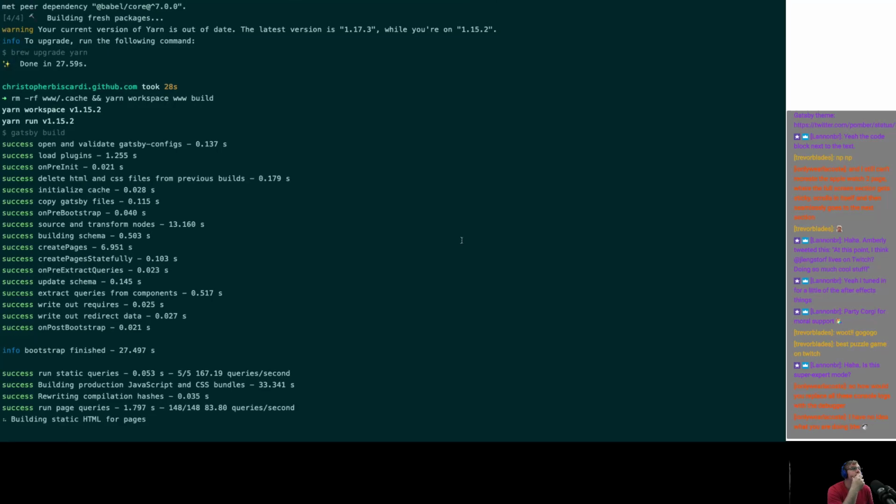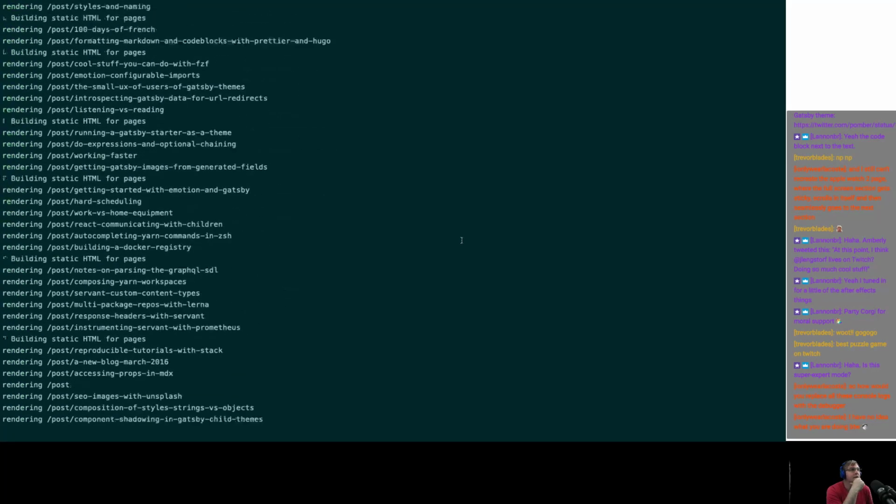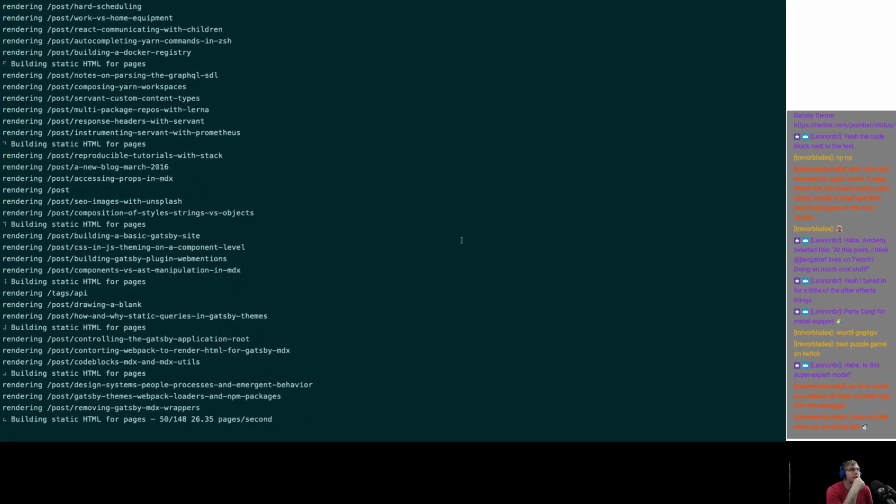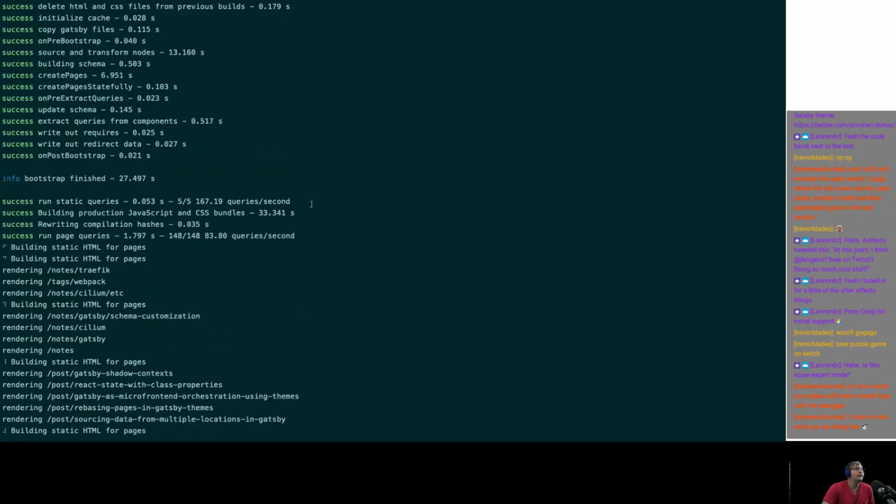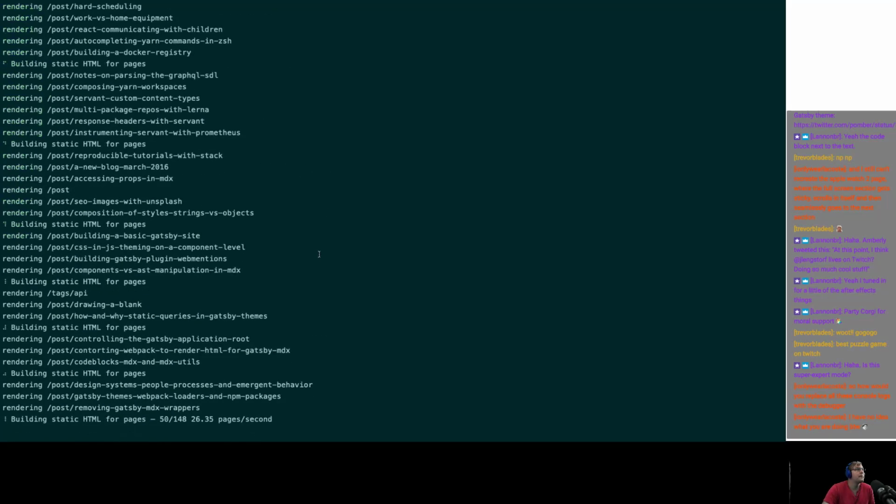Okay, this is where it fails usually. It'll hit 100 at some point. It only hits 50 now. Literally only hits 50. It was hitting 100 before, now it only hits 50. Woof. I wonder if that one